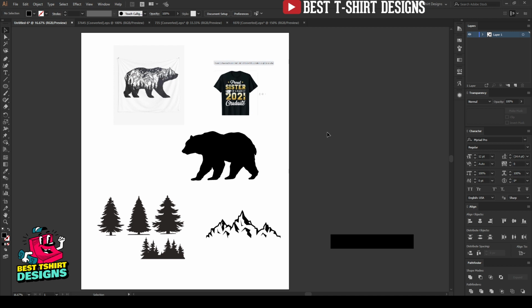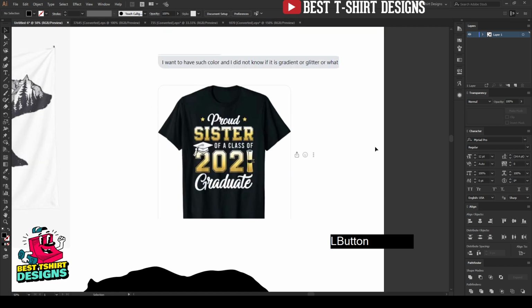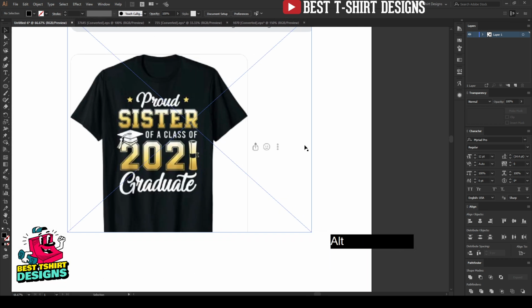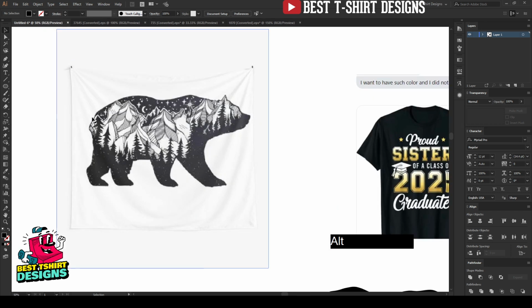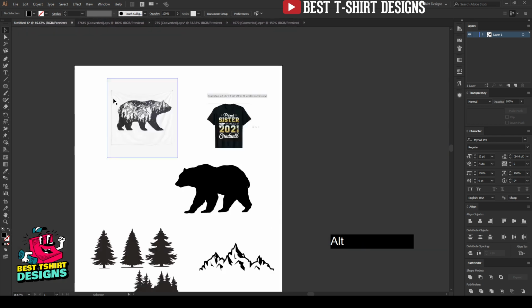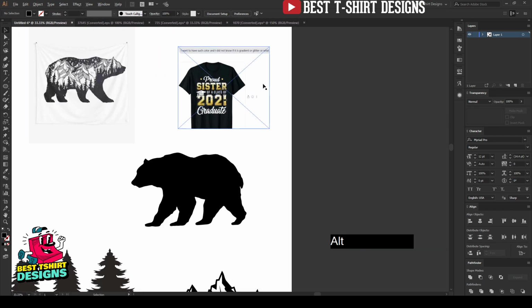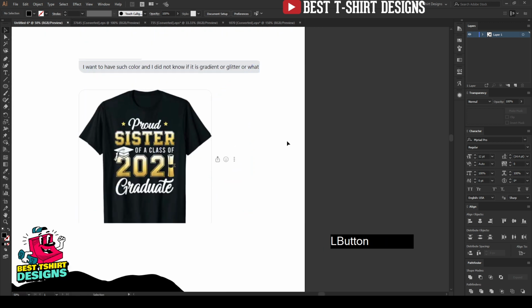Today I am going to show you guys, as requested, how to make this kind of design. The first one was from Alex, how to make this kind of text effect, and another one was how to make this kind of design. So I'm going to show you both today, and let's start with this one. This is just a simple gradient effect.